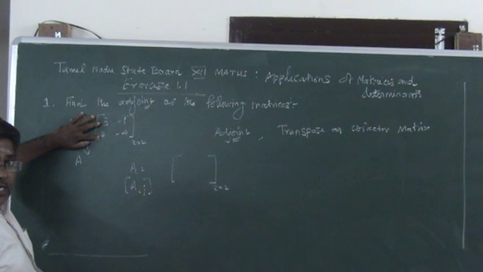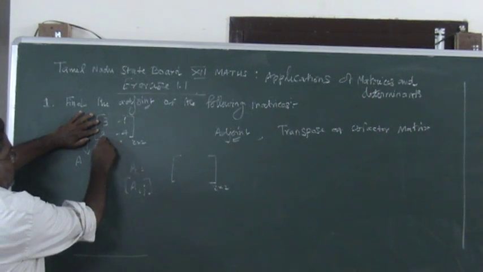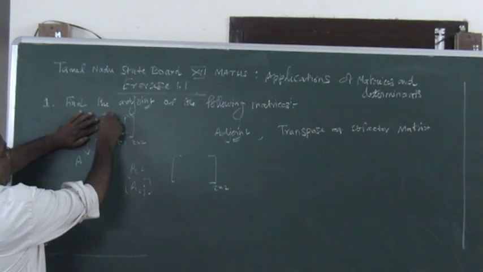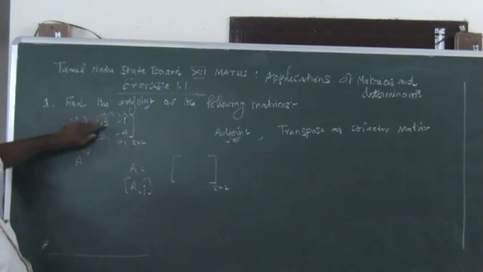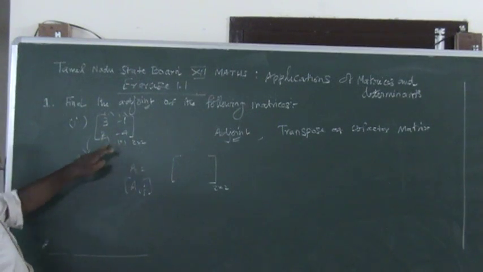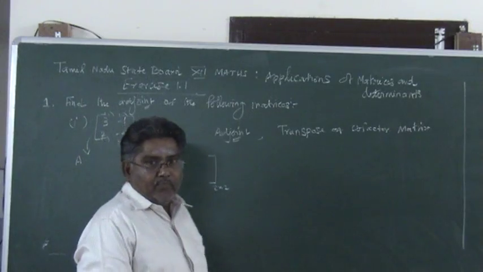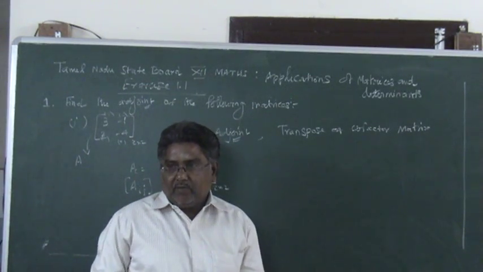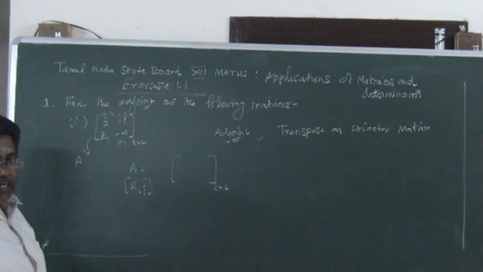Cofactor of second row, first element will be negative. This will be positive. Just put it in bracket, just as a clue. That is, it will alternate, plus minus, plus minus, minus plus, plus minus. Like that it will alternate. So you will know what is the nature of the element, whether it is positive or negative of the given